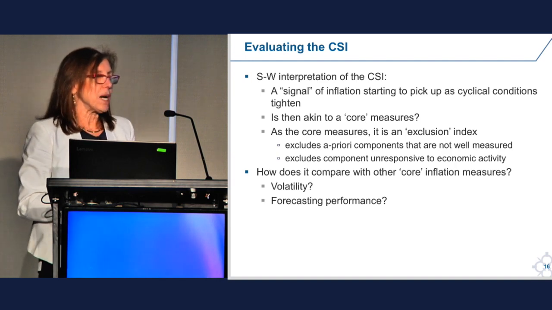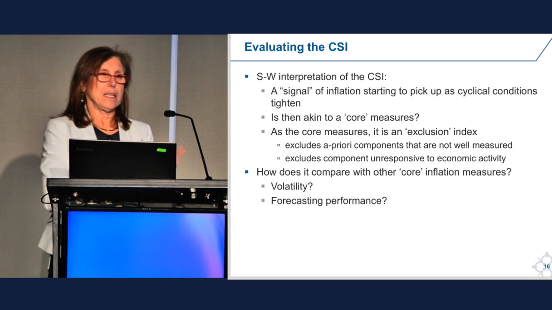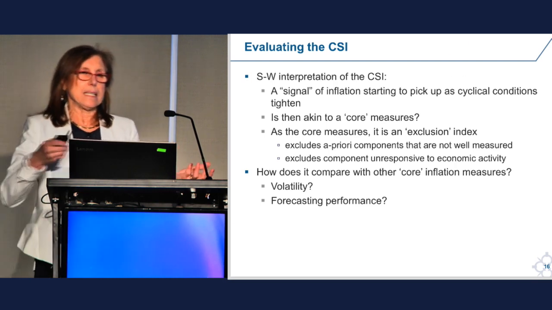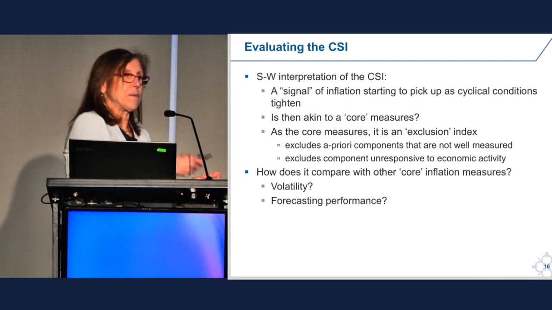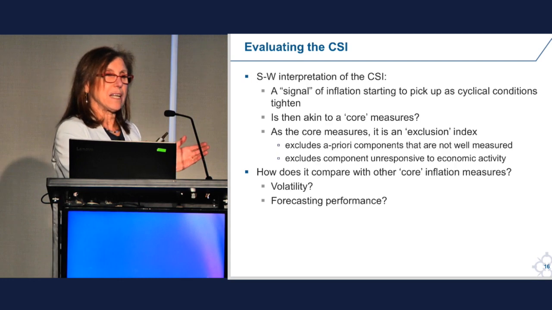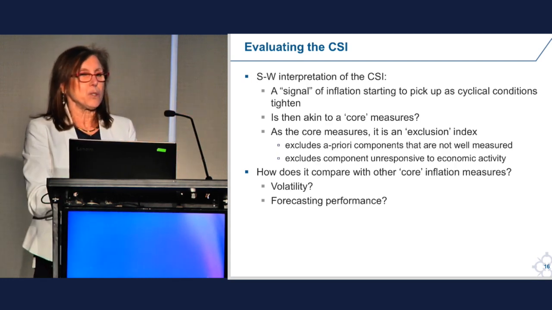But the question is, why do we care about slack? We care about slack because it helps explain inflation. So now I'm looking at a measure of inflation that tells me something about slack to know something about inflation. So why don't I use inflation directly to understand inflation,